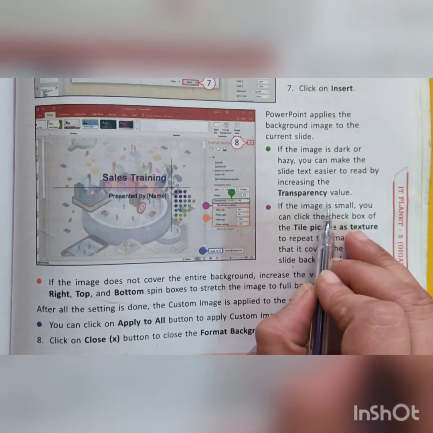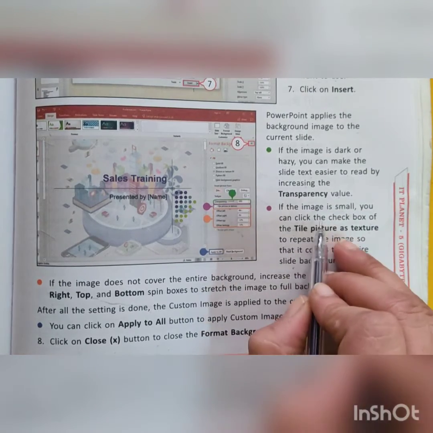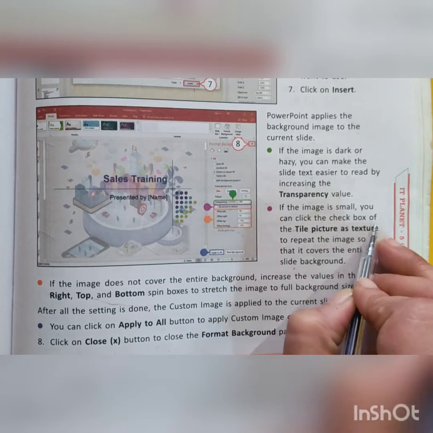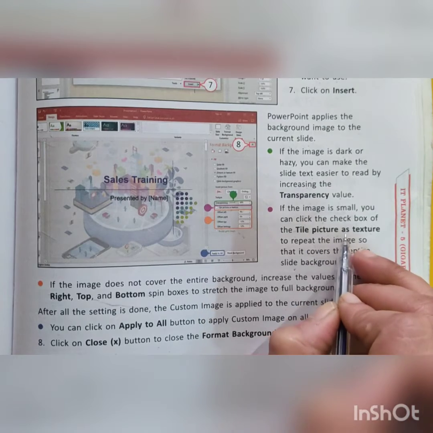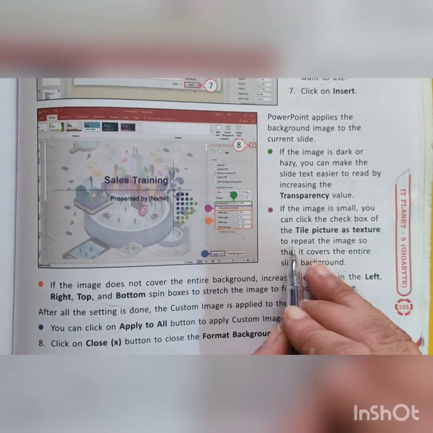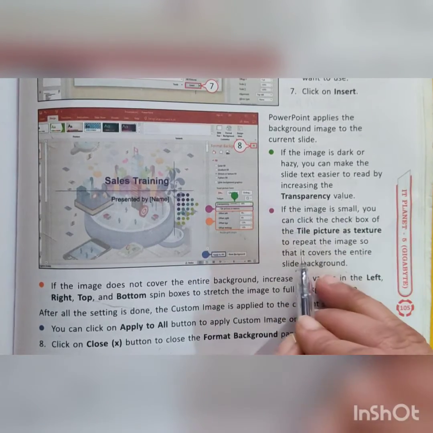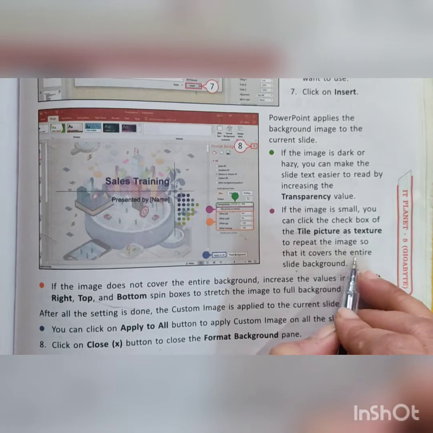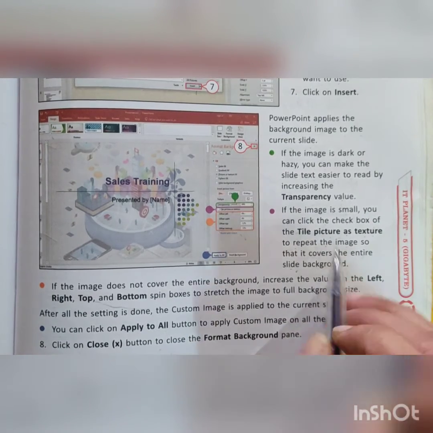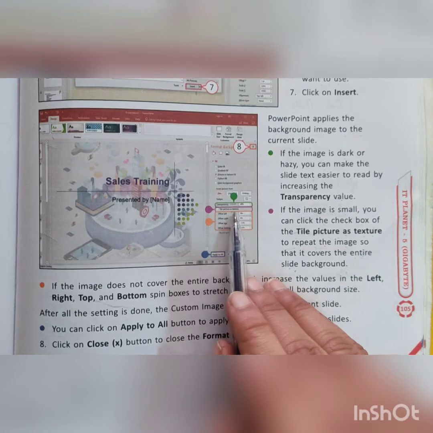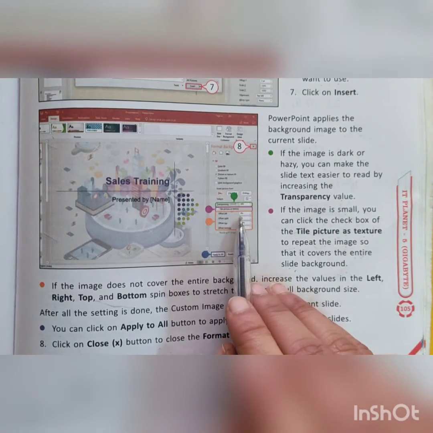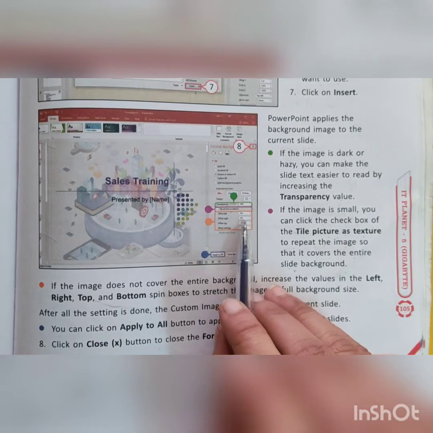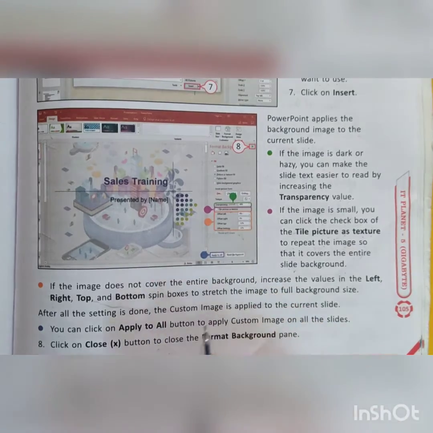If the image is small, you can click the checkbox of Tile picture as texture to repeat the image so that it covers the entire slide background. From here, you can set the values for its size.